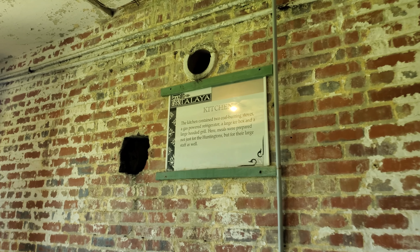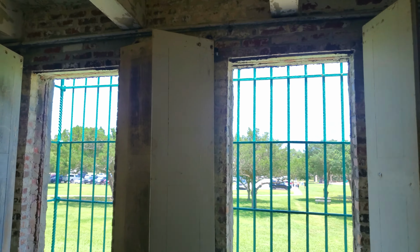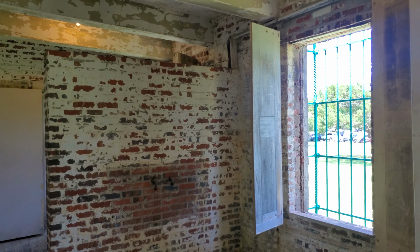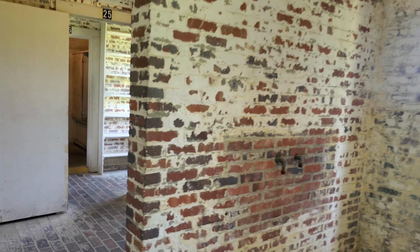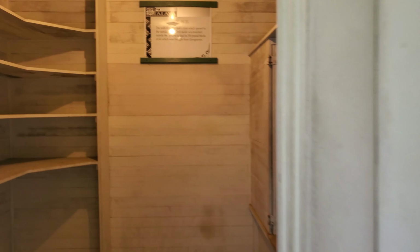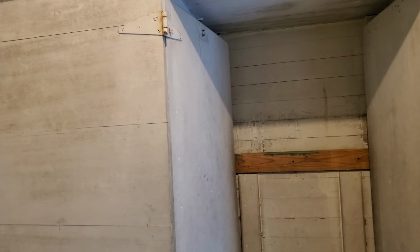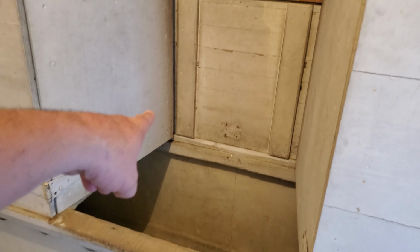The kitchen contained 2 coal-burning stoves, a gas-powered refrigerator, a large icebox, and a large hooded grill. Here, meals were prepared not just for the Huntingtons, but for their large staff as well. Oh wow, yeah, this was the icebox. The walk-in icebox had a door which opened to the outside. A block and tackle was mounted outside the window to haul in 300-pound blocks of ice, which were brought in from Georgetown. Oh, so I guess this was it. I don't know how you would get a 300-pound block of ice through there, but